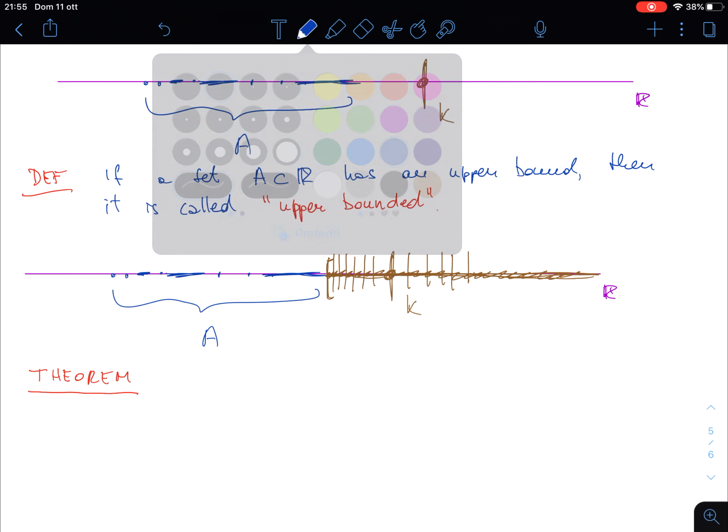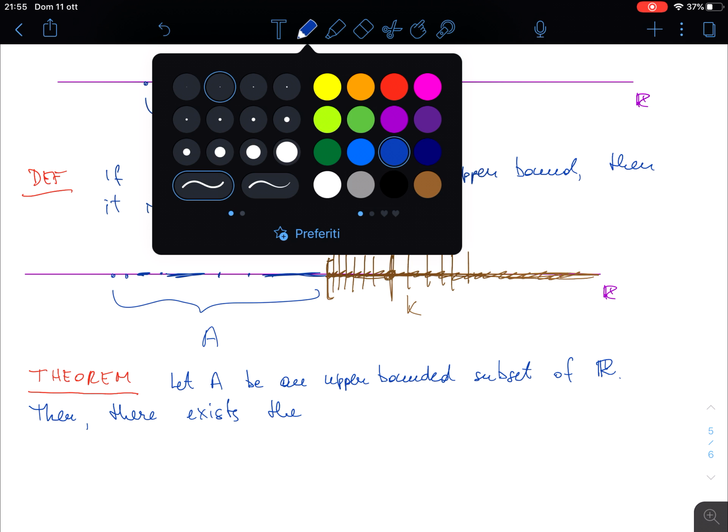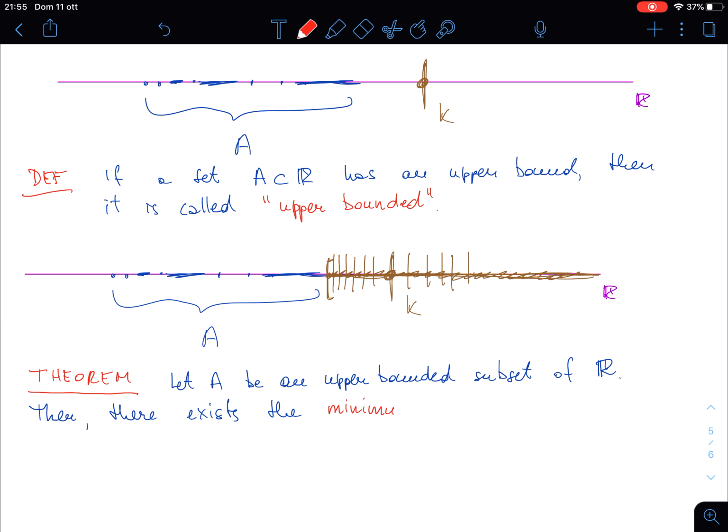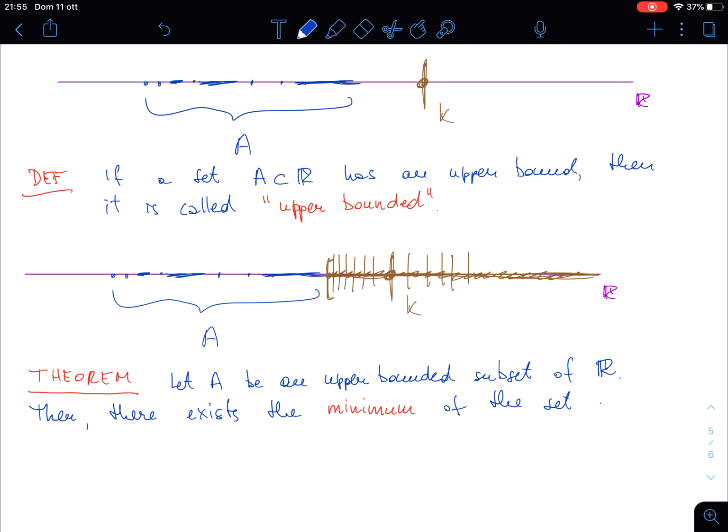So the theorem says: let A be an upper bounded subset of R. Then there exists the minimum of the set of the upper bounds of A,